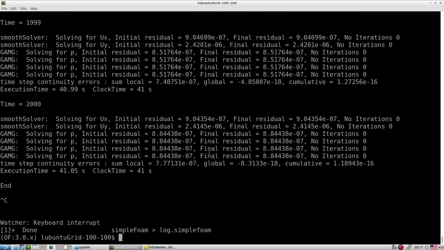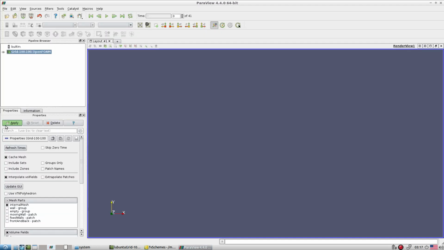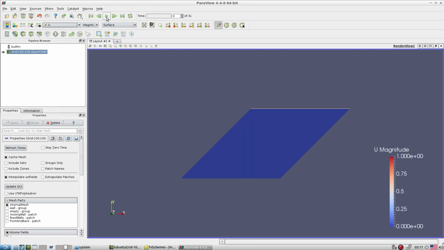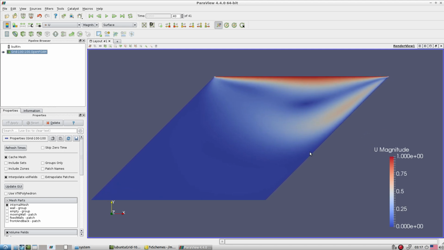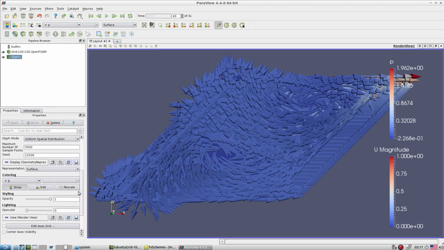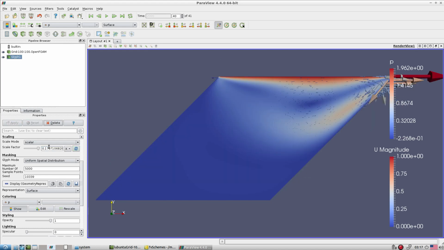Let me show you our result, how it looks. So in paraFoam, this is the result we got. If you want to see the vector plots, you can use this command. The vectors are very big, so we have to scale them down.